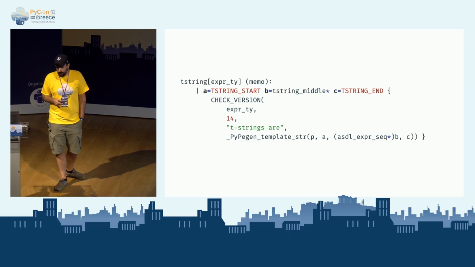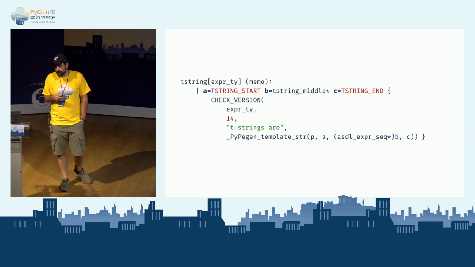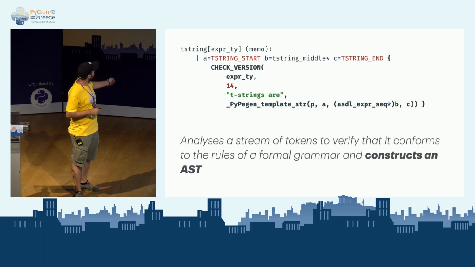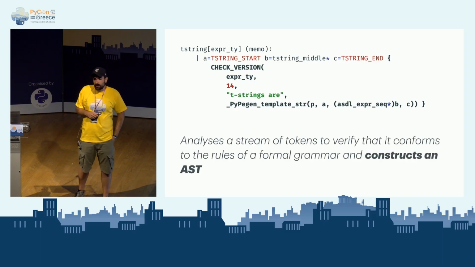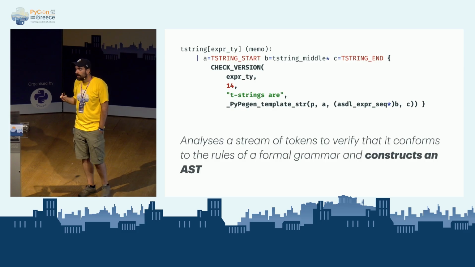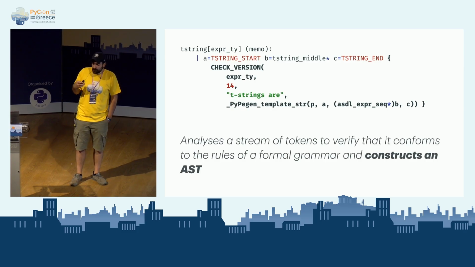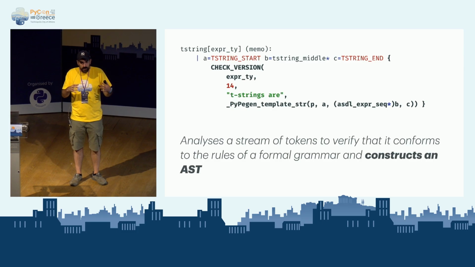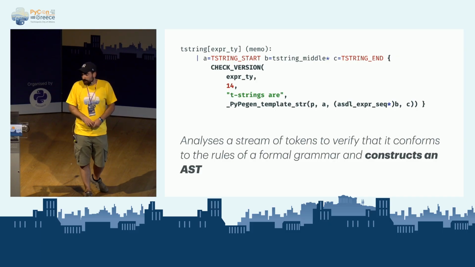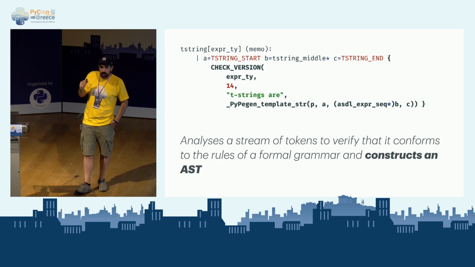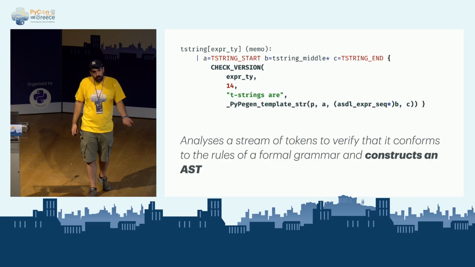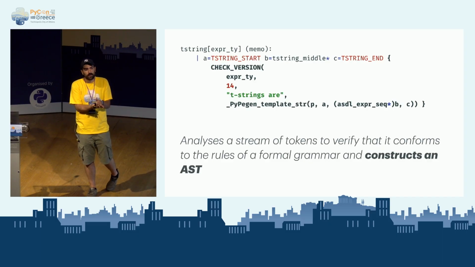There's also variables that can be used in the other stuff. The other stuff is the thing between the braces. It's called the grammar action. And if you remember before, I'd mentioned that the parser not only verifies that the syntax is okay, it actually constructs a tree-like thing as well. And what the grammar action does is it incorporates C code inside the grammar that actually constructs that tree.